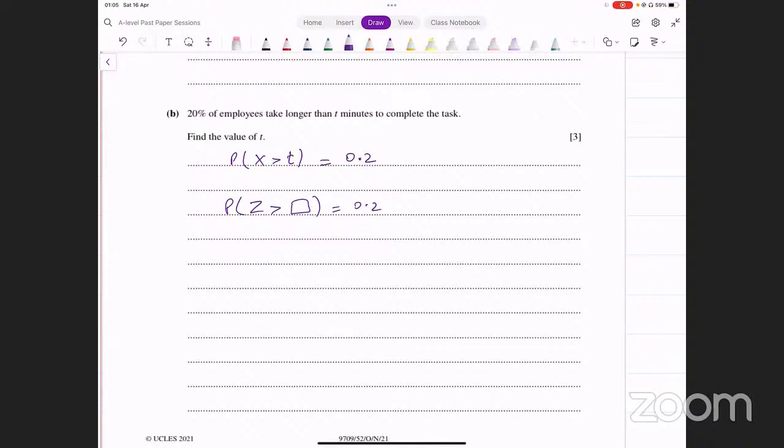Because in the table we are given z, we will convert this to z, and then you first have to figure out whether this value of z is positive or negative. That's the first thing to figure out. Is it positive or negative? You can think of the curve. Area towards right